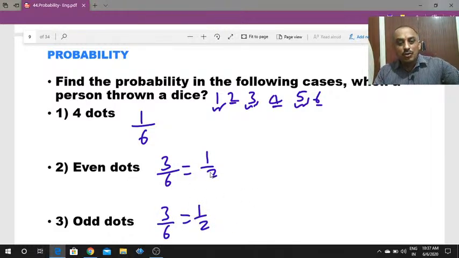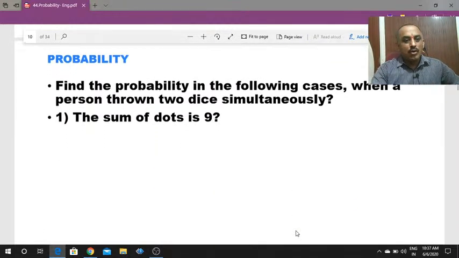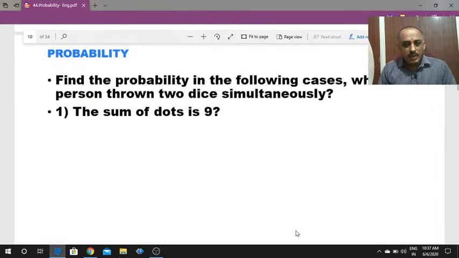Even dots, you already know, is 1 by 2. For odd dots, one direct method is 1 minus even. 1 minus even is also your answer, that is 1 by 2. Now the next one: find the probability in the following cases when a person throws 2 dice